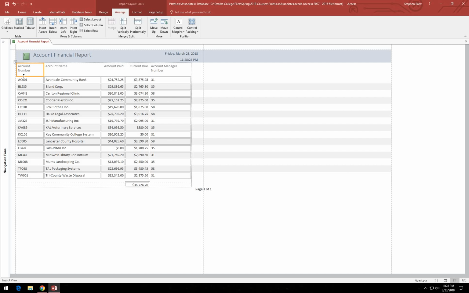So we just heighten the row, and basically we use the same method that we used in Excel to heighten rows in Excel. We just dragged down the lower boundary of the column heading there. All right. Then